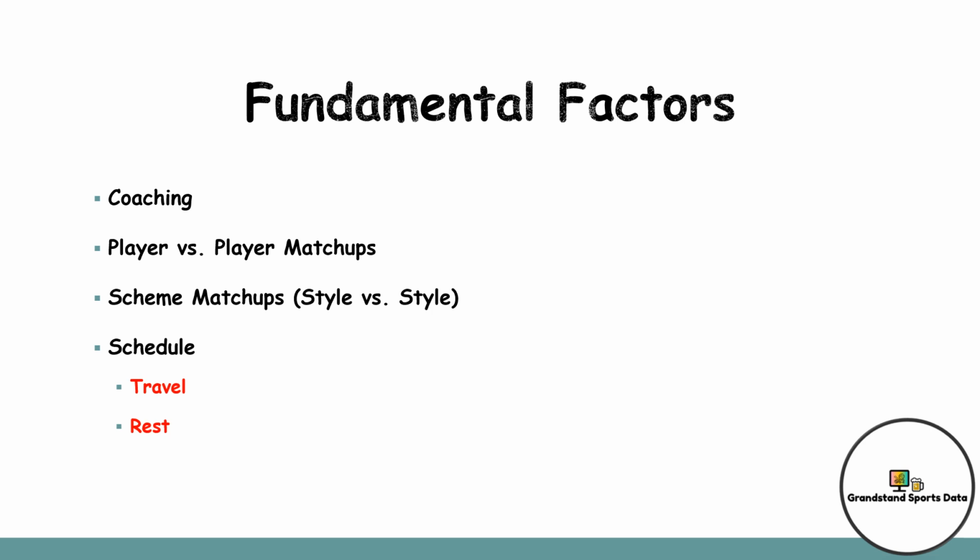Next bullet is going to be player versus player matchup. You want to look at positional matchups in this to maybe first start off. Look at the strengths, look at the weaknesses. A good indicator of this is offensive line versus defensive line. What are the strengths? What are the weaknesses? Maybe the left tackle is out, and then the quarterback is going to be running for his life if he's going up against a good defensive line. Something to take note of when you first start.